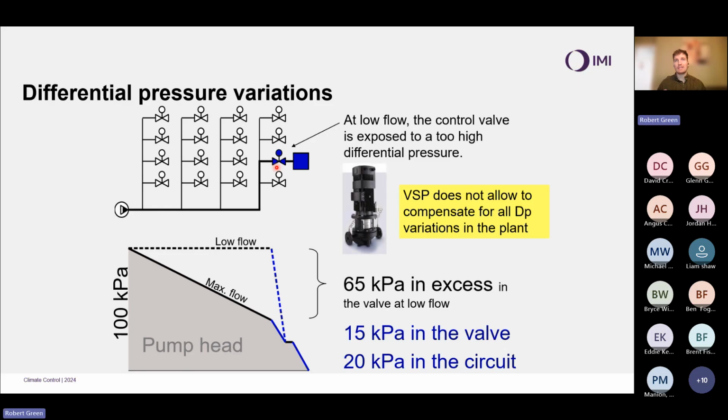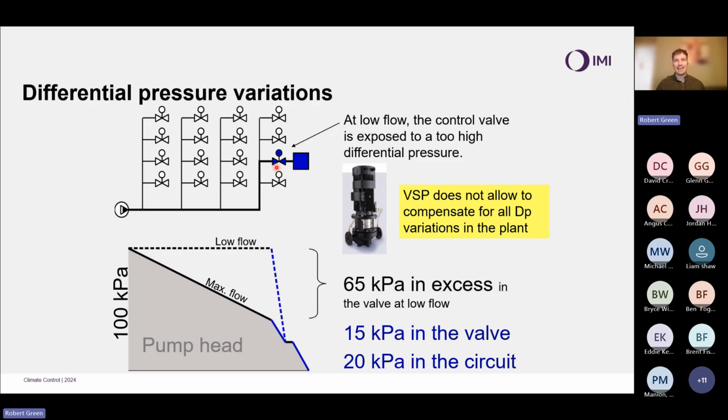Because the pump itself is not going to be able to do it. And that's just a recap around that. We were looking at ways and means or devices we can do that. And we're going to see in two weeks' time how we can deal with that and how we can make sure we are correctly specifying and sizing our control devices.